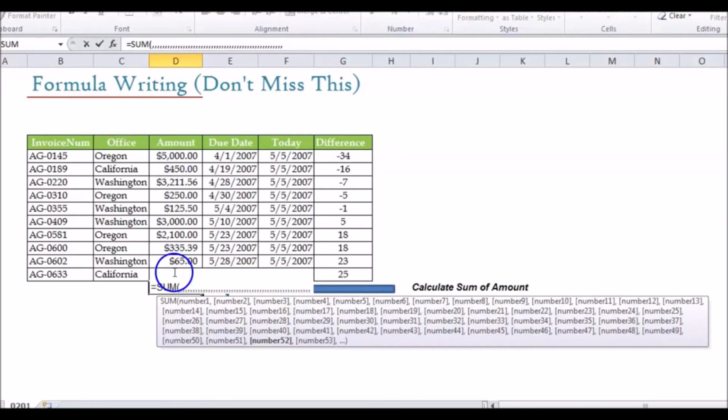Here we have in total 10 values that we need to do the sum of. But in here, 53 arguments are open. Just assume that if all these 53 would have been mandatory without square brackets, it means if you are opening this formula, we have to fill all the 53 arguments. And we have 10 numbers that we can fill in. So we can put the 10 numbers. What about the rest of the 43 numbers? We cannot leave that because that would be a mandatory number. So we have to put in 0, 0, 0, 0. But in this case, you can see everything is optional except number 1. So we can leave that.